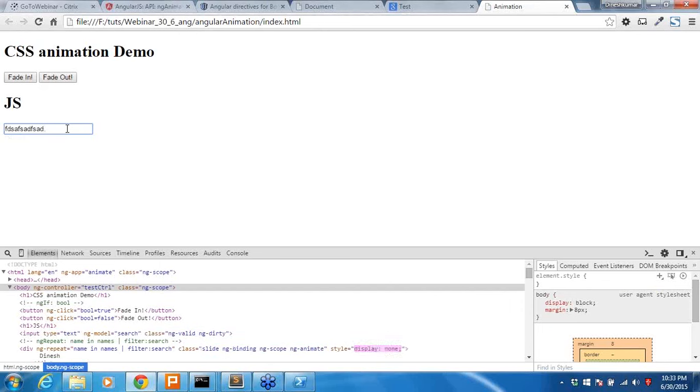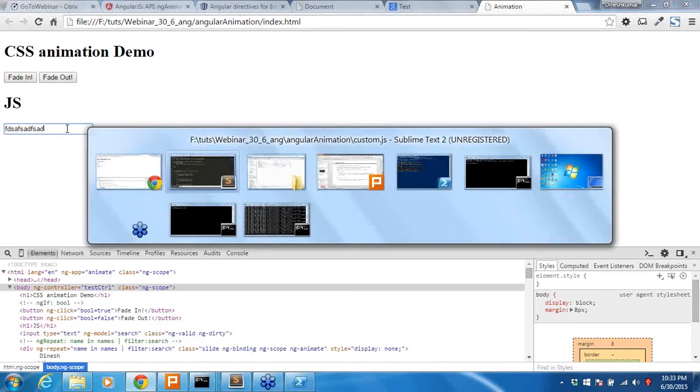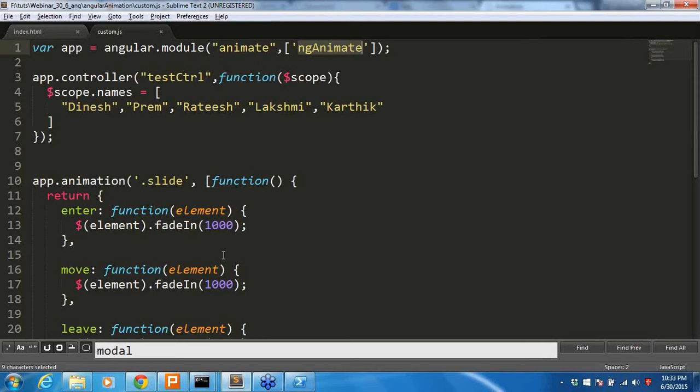Okay, so this is what we are implementing using the ng-animate also. But I'm writing very minimal CSS code. That's why you are not able to see the animation. After that, I will show you somewhere I have written all the animations. It will give you a more interactive look over there. Okay, I will show you that also. For a small demo, I have written a basic code, just fade in, fade out, all of that.